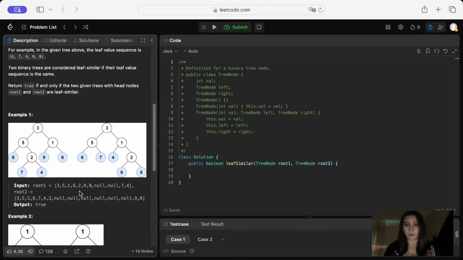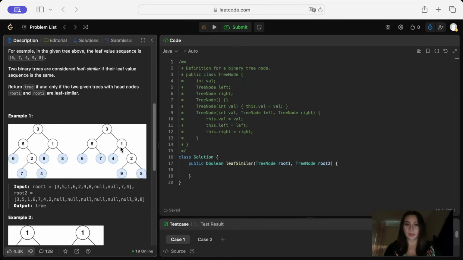So in example 1, we have root1 equals this tree, which is shown to the left, and root2 is this tree shown to the right, and we would return true because, as we can see, their leaf nodes are colored blue here. For tree 1, the leaf nodes are 6, 7, 4, 9, and 8, and for the second tree, our leaf nodes are 6, 7, 4, 9, and 8, and so since these are the same and in the same order, we would return true. And it doesn't really matter that they're not on the same level, as long as they're in the same order in all leaf nodes,